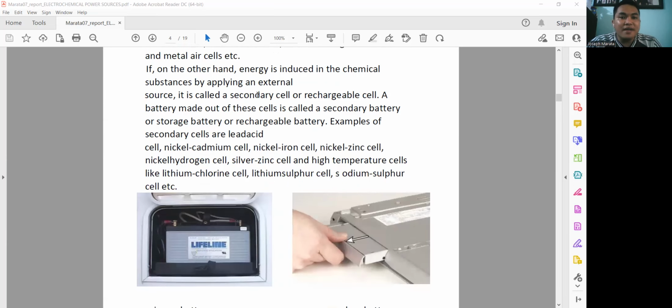If, on the other hand, energy is induced in the chemical substances by applying an external source, it is called the secondary cell or rechargeable cell. A battery made of these cells is called the secondary battery or storage battery or rechargeable battery. Examples of secondary cells are lead acid cell, nickel cadmium cells, nickel iron cell, nickel zinc cell, nickel hydrogen cell, silver zinc cell, and high temperature cells like lithium chlorine cells, lithium sulfur cells, or sodium sulfur cells, and many